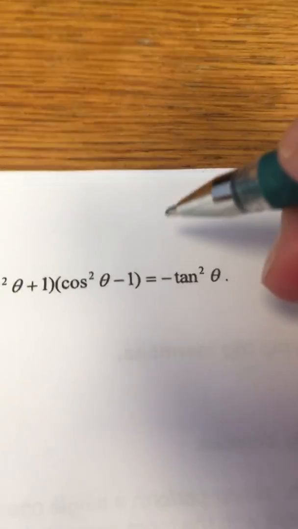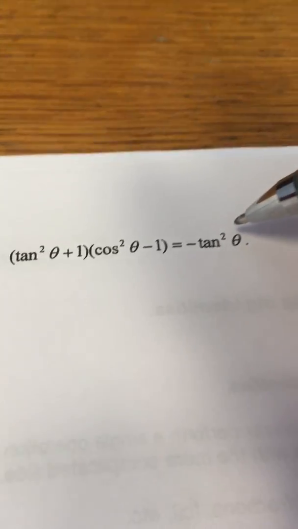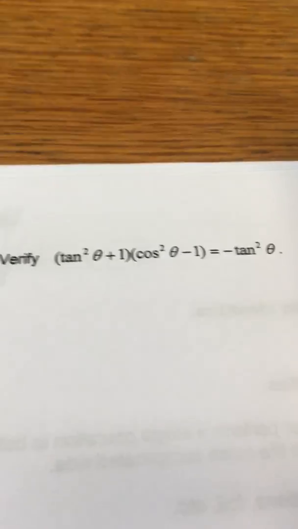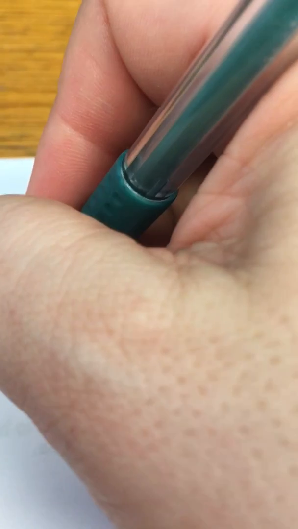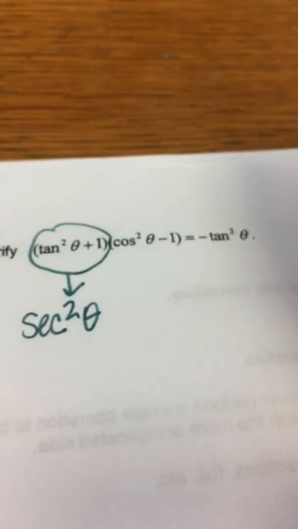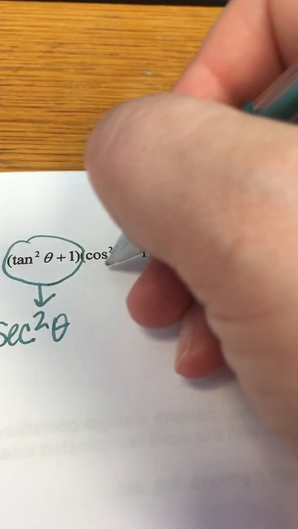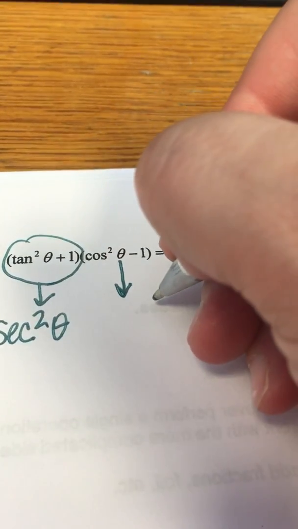Alright, so when you look at these, the right side looks easier, so it's just negative, and the left side is here. So right away, I have tangent squared theta plus 1. Hopefully that's leading you to, okay, look at the yellow sheet. I replace it with secant squared theta. Cosine theta minus 1 is going to be, well,